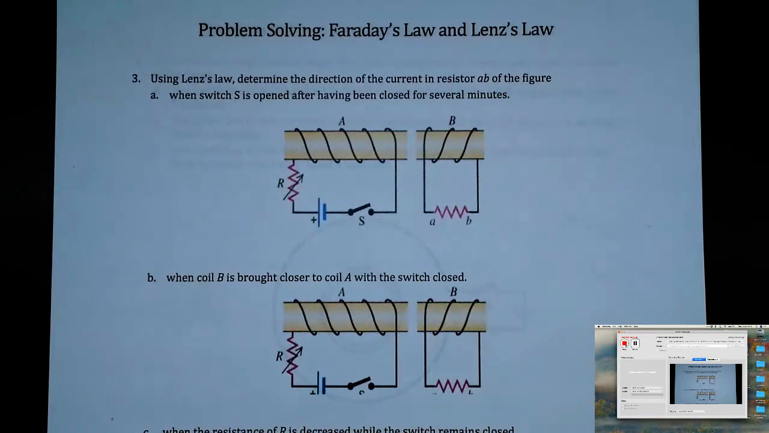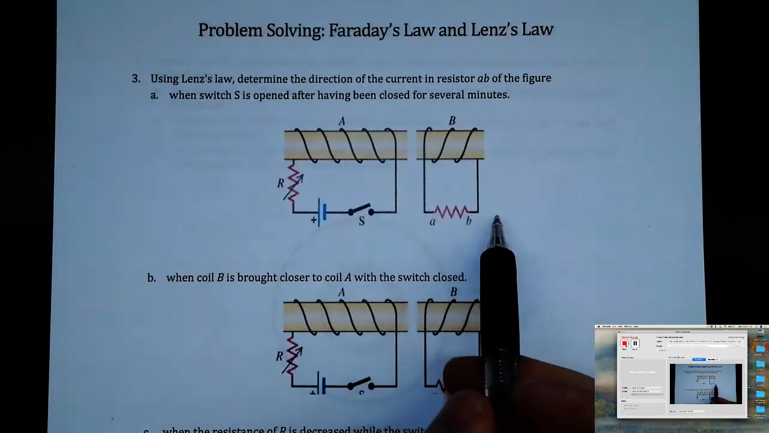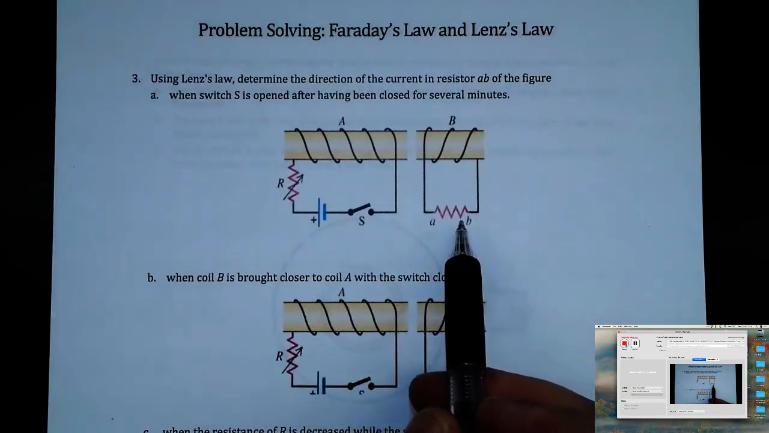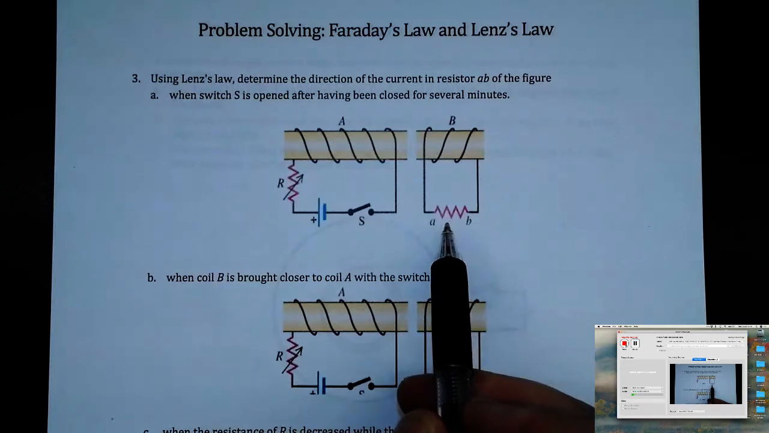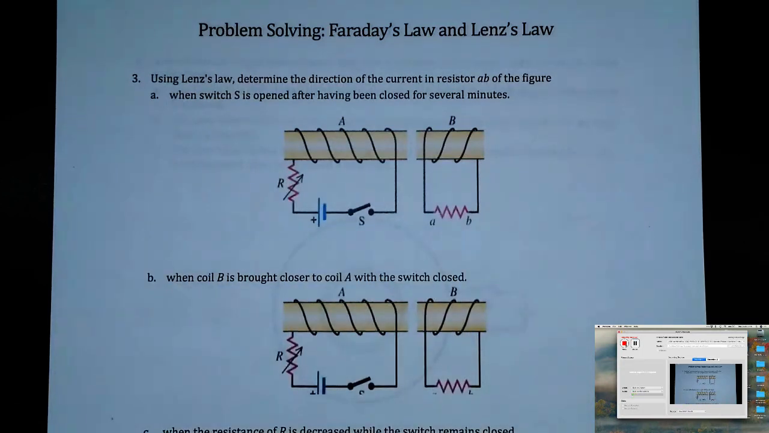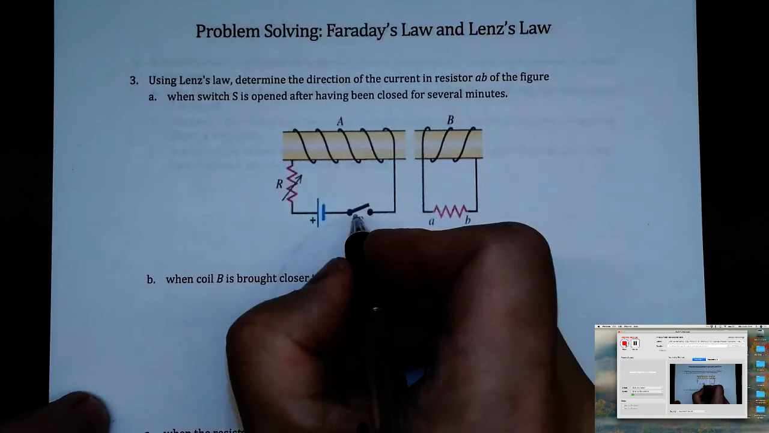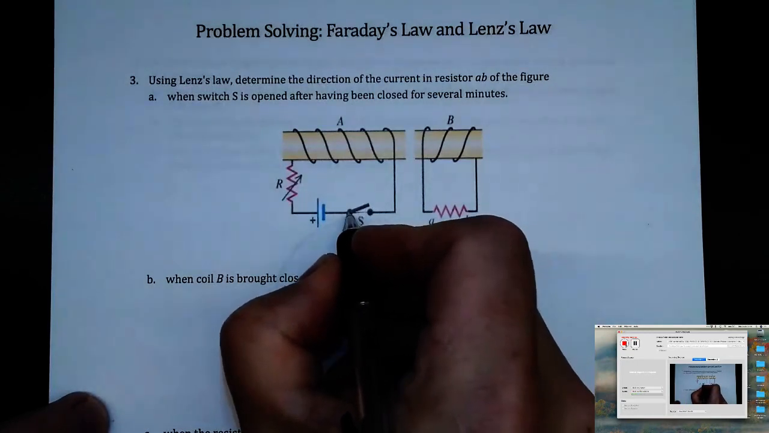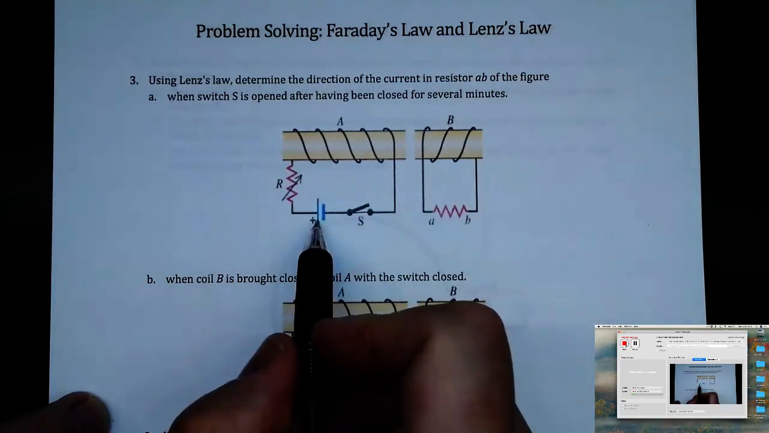The problem reads, using Lenz's law. So Lenz's law, one way to think about it is it explains the minus sign in Faraday's law. Determine the direction of the current in resistor AB of the figure when switch S is opened after having been closed for several minutes. So if switch S is closed, I can use my knowledge of circuits on this left-hand